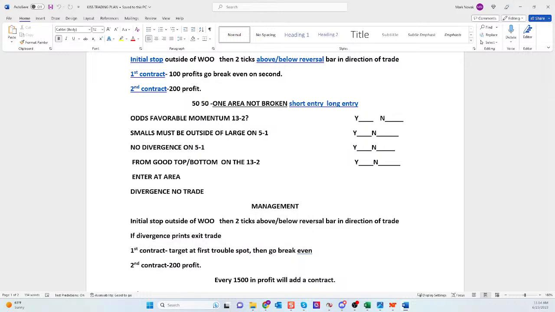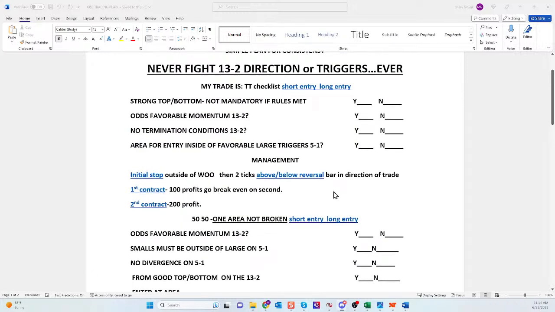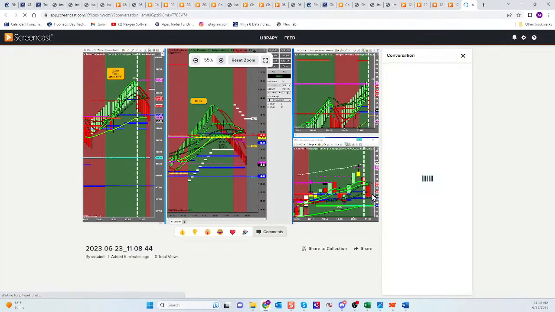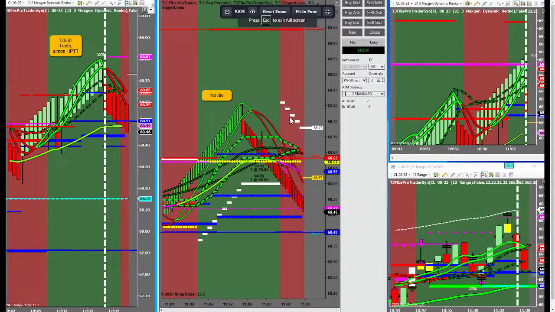Guys, this is the most simple approach to trading to get you over the hump, if you will, to get you to where you're reading charts, to get you to where you identify change. If you commit to this, if you're posting pictures in class, if you're asking questions, guys, it's going to be difficult not to succeed. If you make a mistake on these rules, post it in the room. We'll talk about it. We'll talk about how to fix it. If you need help with management, post it in the room. We'll talk about it and how to fix it.